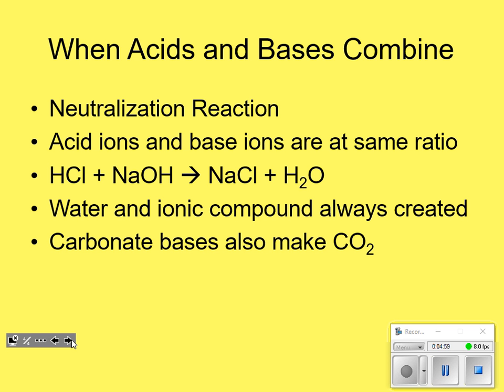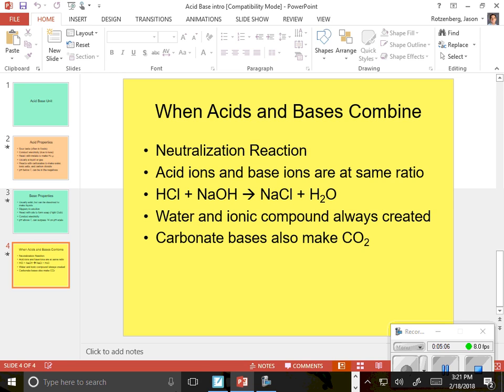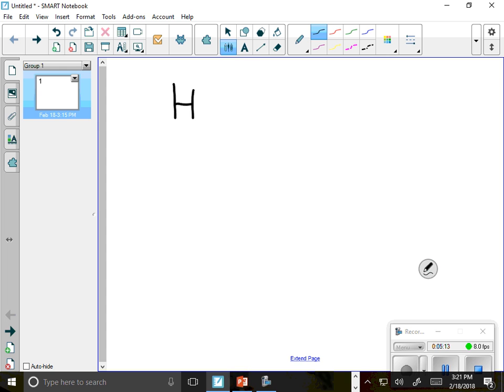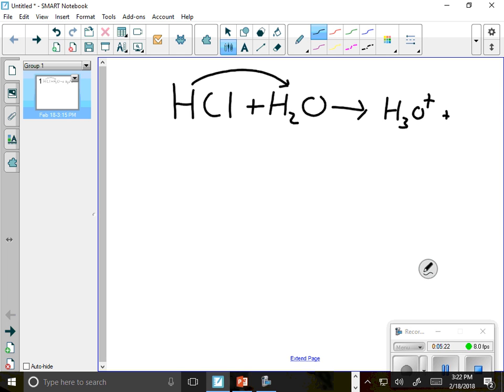We've already gone over in the past how acids and bases make hydronium and hydroxide, but I'll quickly remind you of that as well. If you take an acid like HCl and you put it in water, this hydrogen will get donated to the water to make the hydronium ion. And there's your ions in solution. NaOH, an ionic compound, when placed in water, will break up into its parts like ionic compounds do,